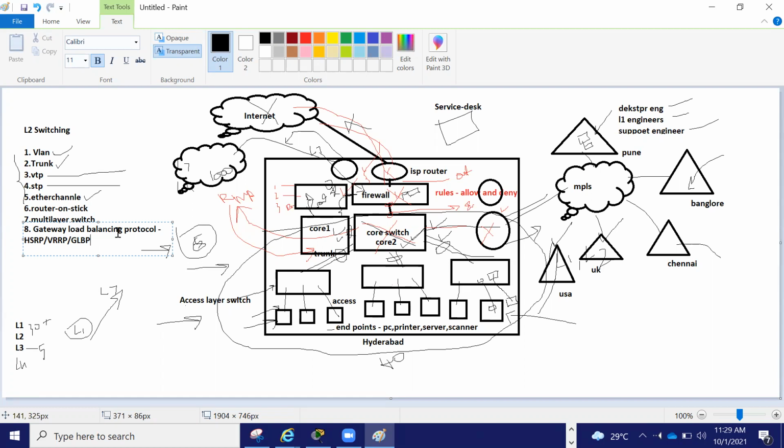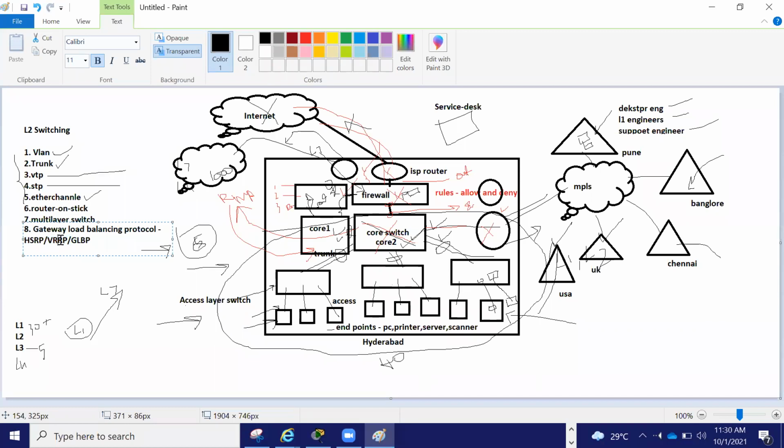So, gateway load balancing protocol. By the name you can see this is actually for multiple gateways: how you can load balance the gateway. By using these protocols, HSRP, Hot Standby Routing Protocol, VRRP, Virtual Router Redundancy Protocol, and GLBP, Gateway Load Balancing Protocol.